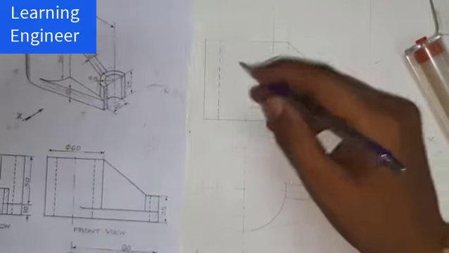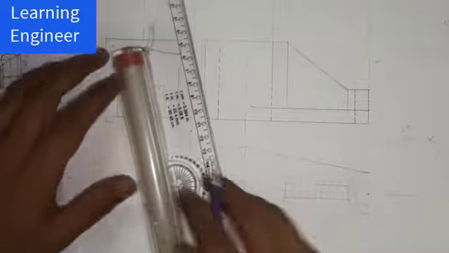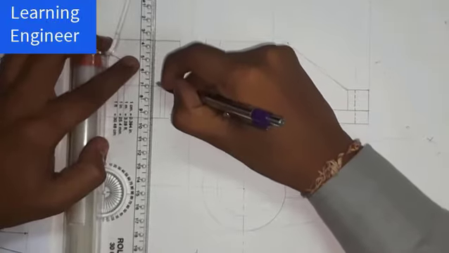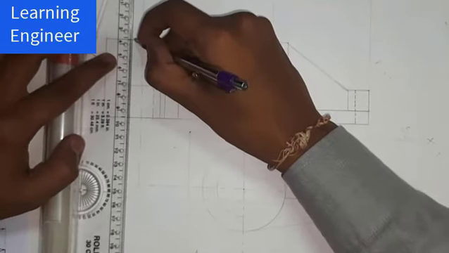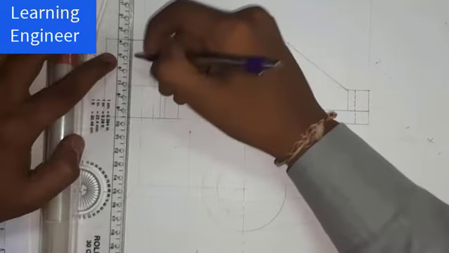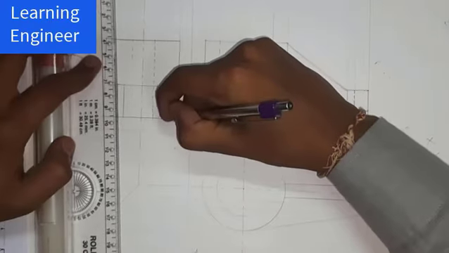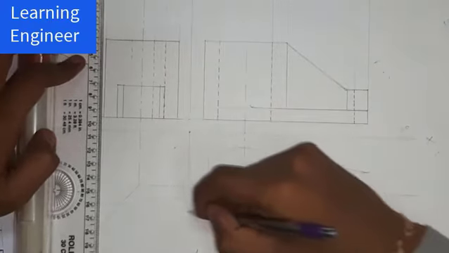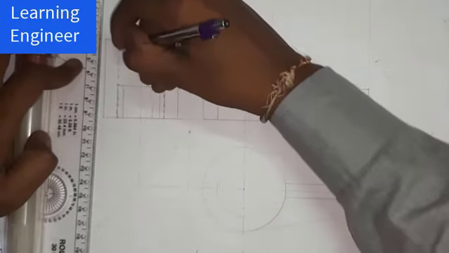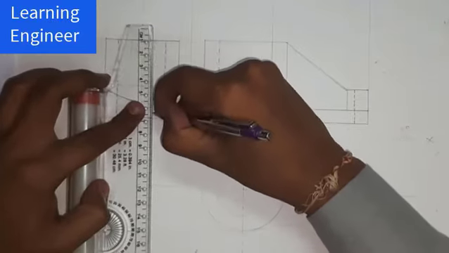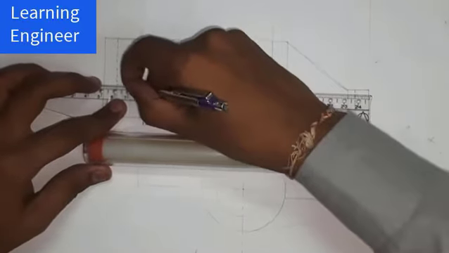Now we are seeing from this side. Now this circle will not be visible when we are seeing from this side. So for that we will be using the hidden line. So with the help of that projection we have drawn this hidden line and this hidden line for that particular circle, as that circle will not be visible. Okay, this is that line and this circle will not be visible. This is that line. Now that rectangular part is this one and the rectangular part over here is this one. Okay, and you have to complete this.